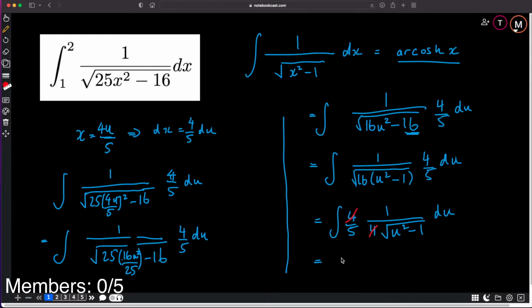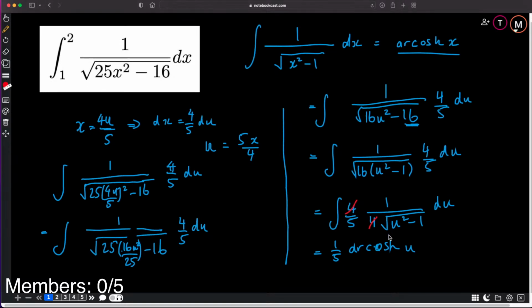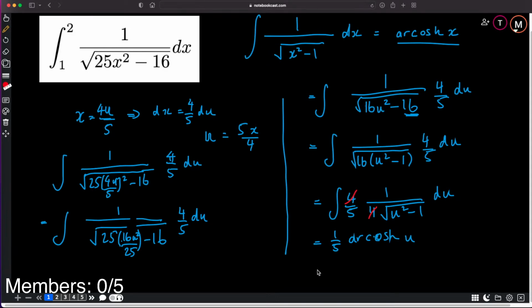So let's say this is 1/5 arc cosh u. And because I left the bounds off there, I'm just going to substitute the expression for x back into this. So u, following from the substitution we made, u is equal to 5x on 4. So if we substitute that back in,